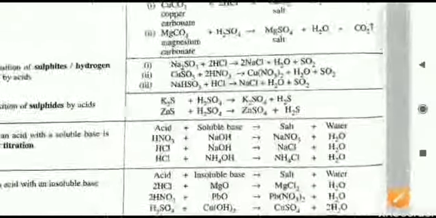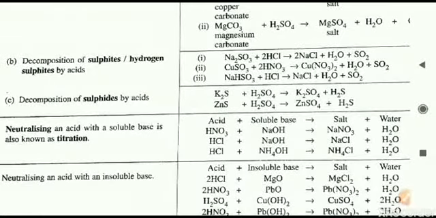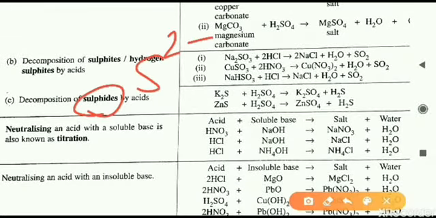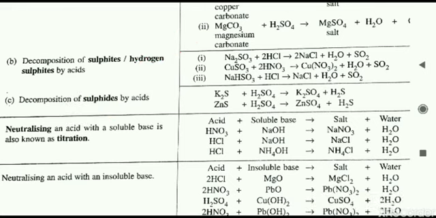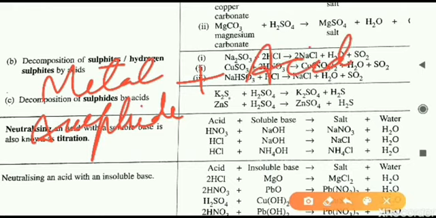Now the third type of the decomposition is also given, that is for the case of the sulfides. Now what are sulfides? Sulfides are S, valency is 2 minus. So any of the sulfides, when they are reacting with acid, what we will get? We will get the salt, particular salt will form, and another gas will form, that is hydrogen sulfide. So the general equation we can write like metal sulfide. Any metal sulfide reacts with acid, and what we are getting?